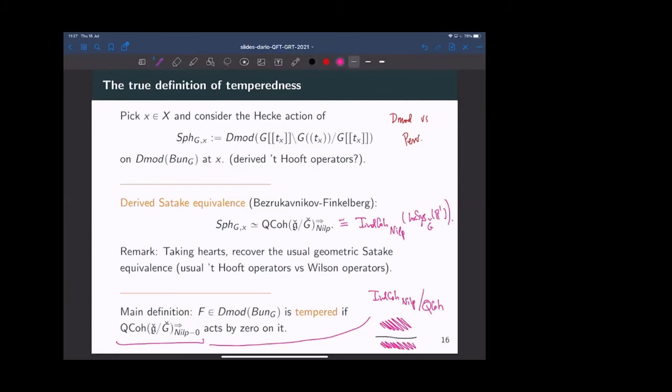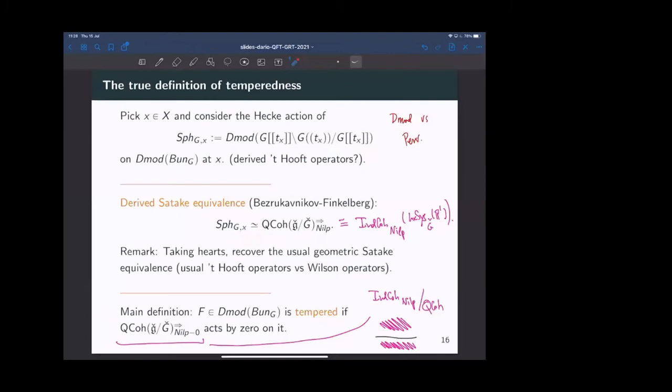Okay, so you see that this definition is a little bit difficult to work with. So what do I need to do? I'm considering this object. Now I'm considering this category. I need to move it. So this is a subcategory here. I need to move it via the derived Satake equivalence. I get a subcategory here, and then I take this subcategory and I let it act by Hecke operators on my object, and I should get 0 for any time I do that. So since this passage, this theorem is a deep theorem, this definition is obscure.